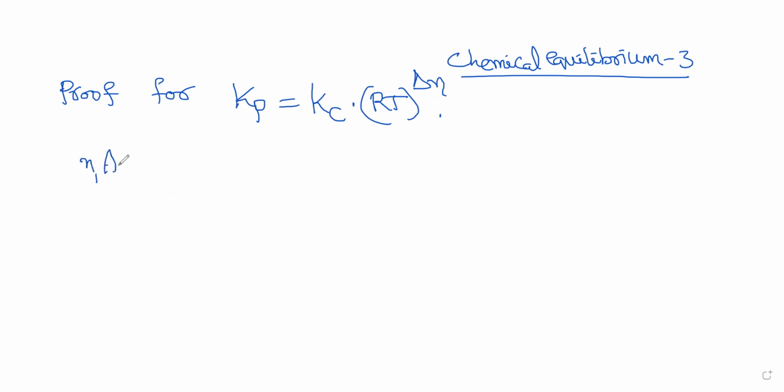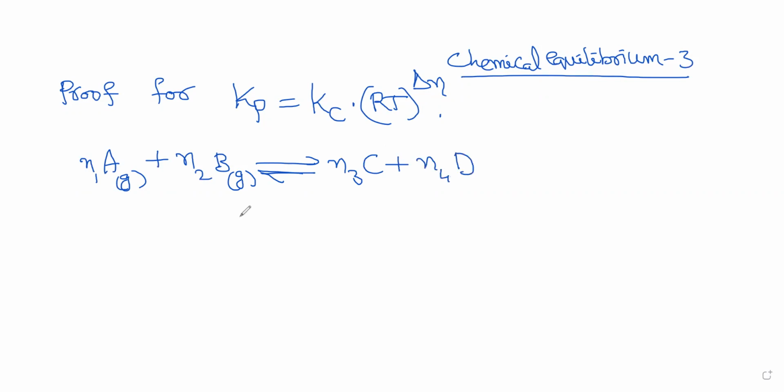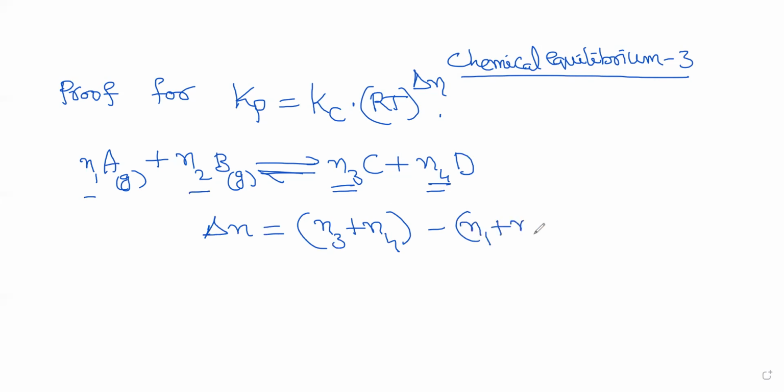Let us say N1 moles of A gas and N2 moles of B gas will combine together to form N3 moles of C gas and N4 moles of D gas. And delta N is the change in the number of moles. That is, N3 plus N4 minus N1 plus N2. This is known as delta N, that is change